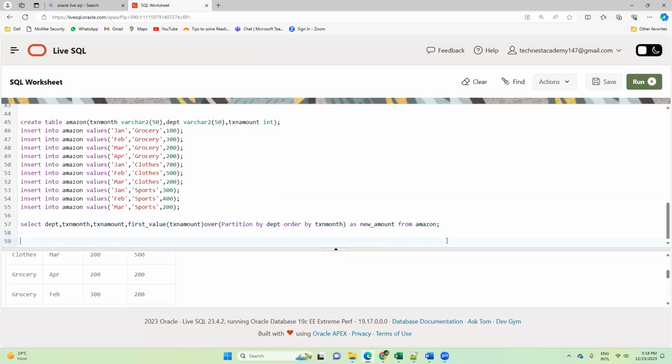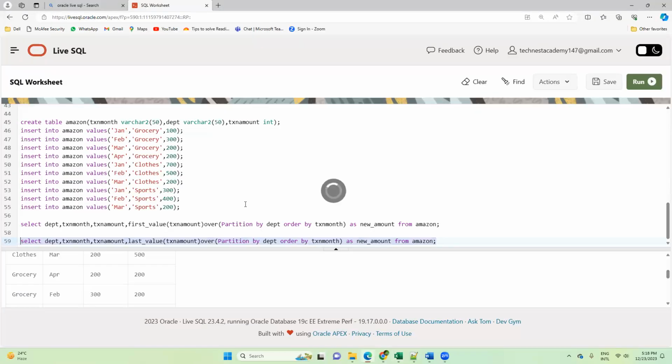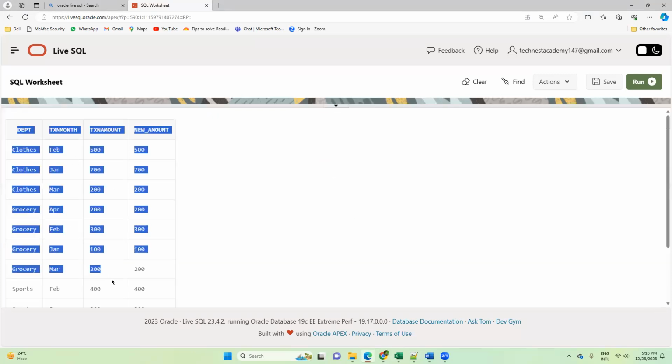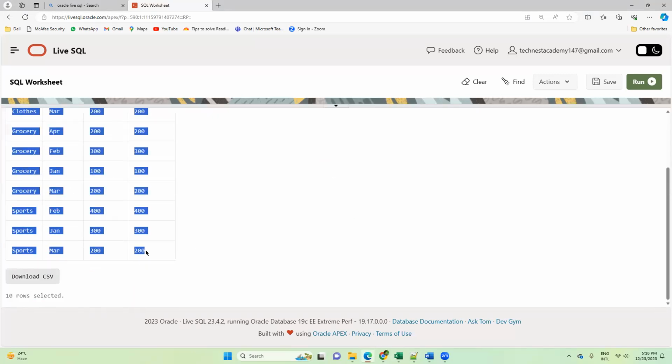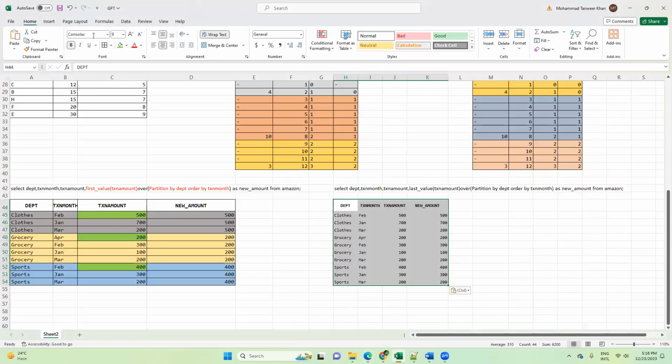Similarly, in exactly the same way, you have last value. But here is the twist. Last value behavior is very strange. You have to be careful there. In this output, if you check,